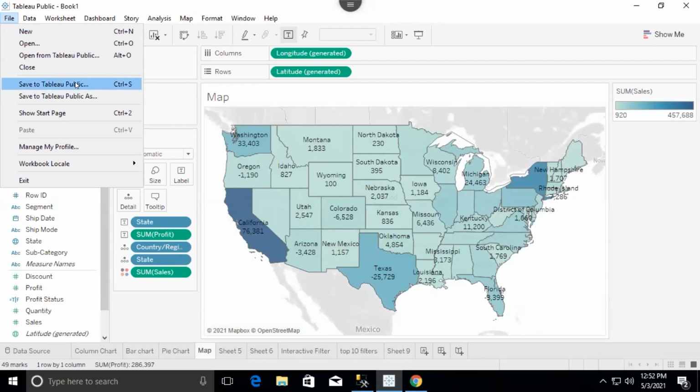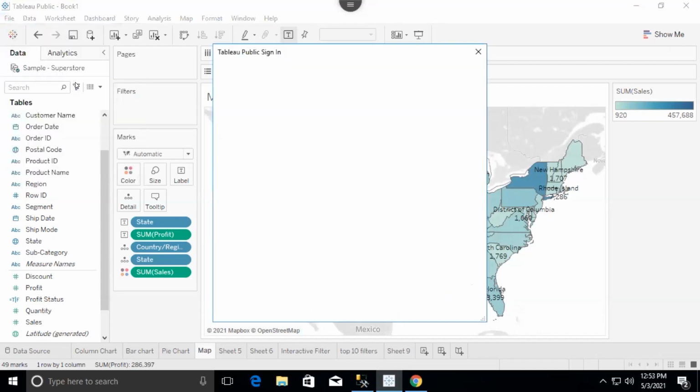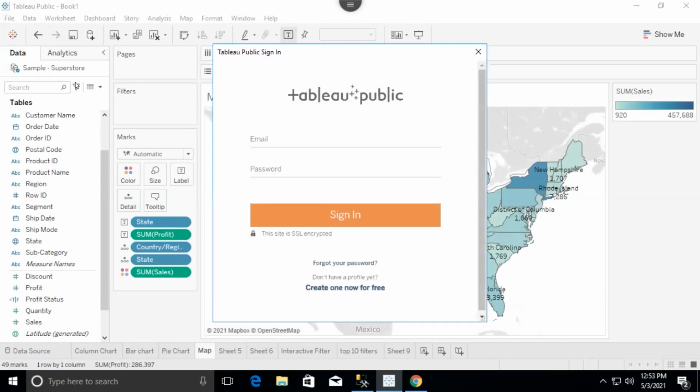You'll get one window, enter the credentials. Some people will not get this option. Yeah, I'm just getting Save and Save As now. Correct. You're not getting it. I'll tell you the steps. Just hold on. Yeah, Gayatri, email ID and password. Some people are not getting it, so I'm coming to their screen in a minute. People who are not getting it are not using the free version, they are using a paid version of Tableau. It's a trial version, 14 days.